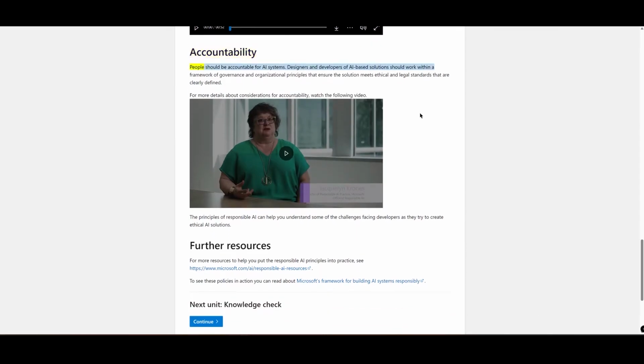Accountability. People should be accountable for AI systems. Designers and developers of AI-based solutions should work within a framework of governance and organizational principles that ensure the solution meets ethical and legal standards that are clearly defined. For more detail,